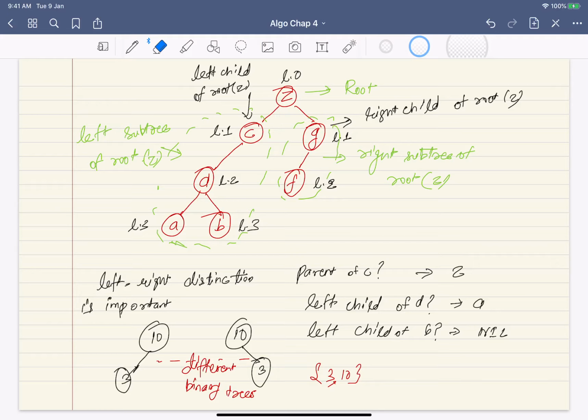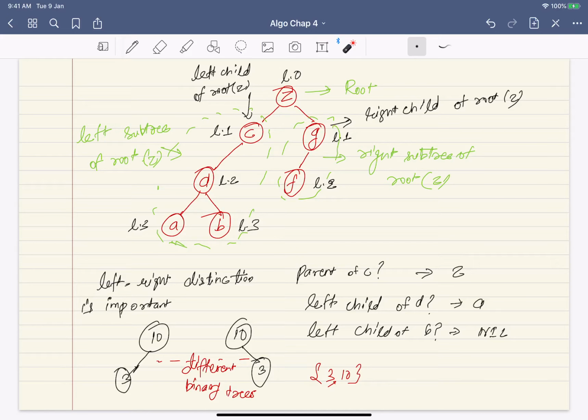Now I talked about this label, like label 1, label 2, and so on. So how do we define the label? We just covered graphs, but in a tree there is no cycle.